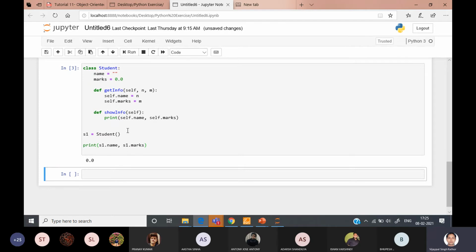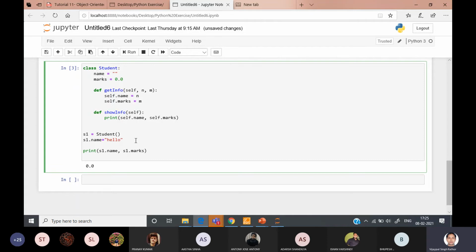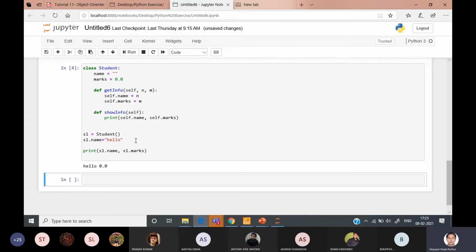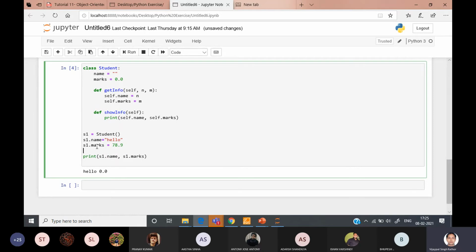If you want to store a value in these members, you can store it like s1.name equals hello. Then the value will be assigned. If you print here, you can see hello 0.0. As you have not changed the value of marks, you get the default value 0. Then you can store there 78.9 like that, right?